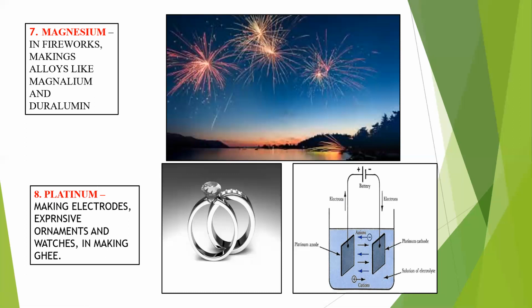Now it is a very good catalyst also. Therefore, it is used in hydrogenation of unsaturated oil. Okay, in simple words, I may say that in making ghee, generally we use platinum as a catalyst over there. Okay,